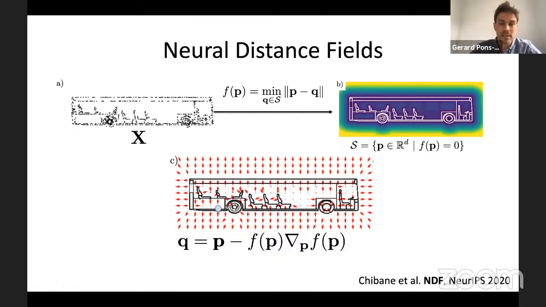Now, this is really nice theoretically. Although this was known in computer graphics, we barely found any paper using this. But it's a powerful thing. Now, this is the theoretical result, but in practice, because the distance field is not the theoretical one, it's a practical one, we need to project using this equation 3 or 4 times